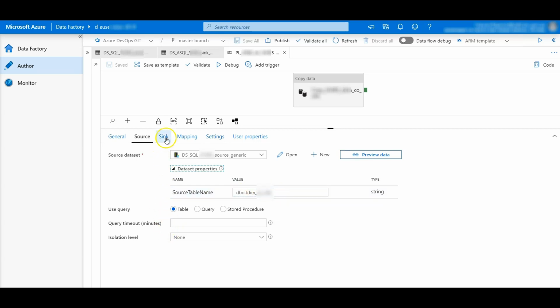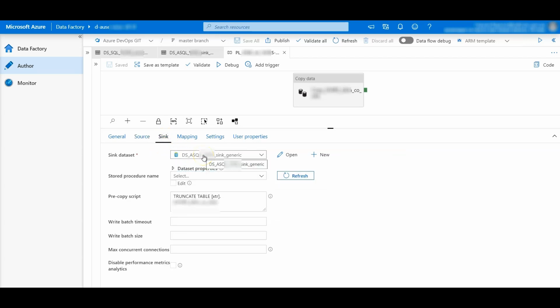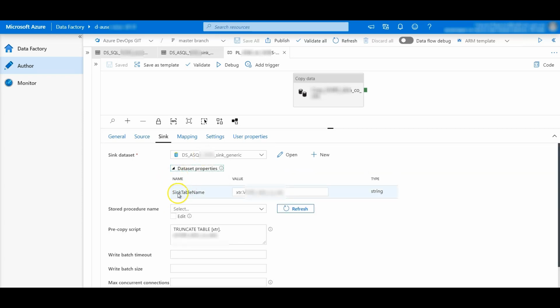Alright, now if I go to the sink tab, you'll see that I have selected the sink dataset here. Now if we go to the dataset properties, similarly I have defined the sink table name here, so the schema name dot the table name. Alright, here we can also add the pre-copy script. So for extract tables we need to do a truncate and load, so we can write a truncate table statement, right? And also we can define mappings and other things in general as per our requirements. Okay,